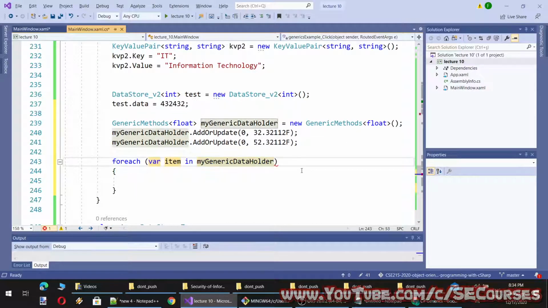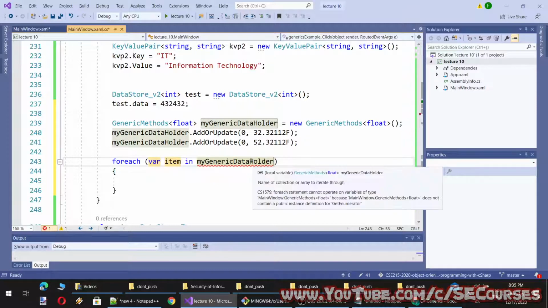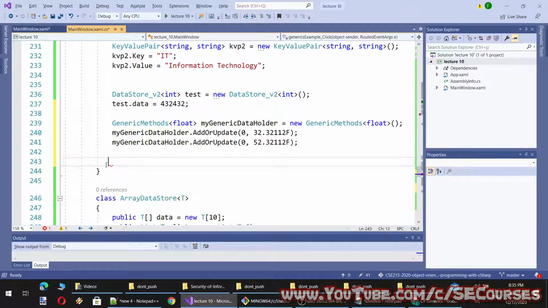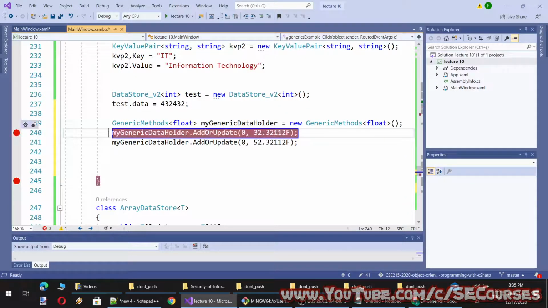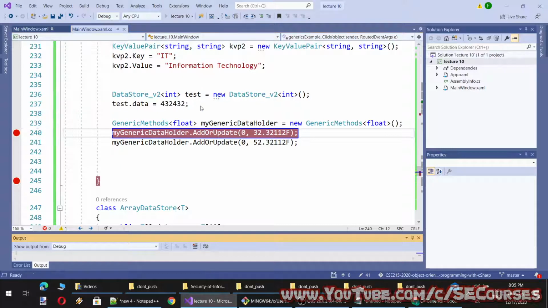I wonder if it will support it. No, it doesn't support it because it doesn't have the enumerable interface. And then I will get the value, or let's just put a debug to see how it is holding the values.